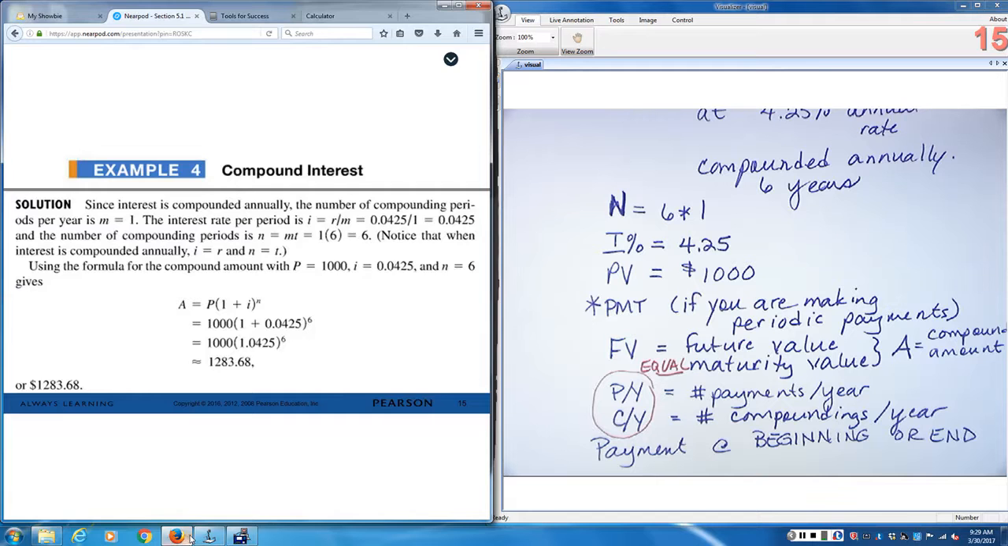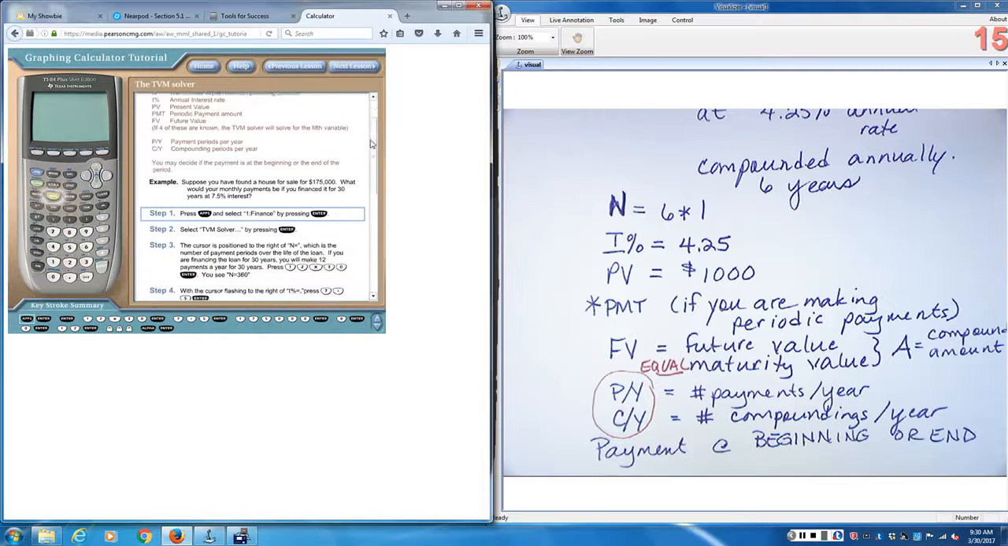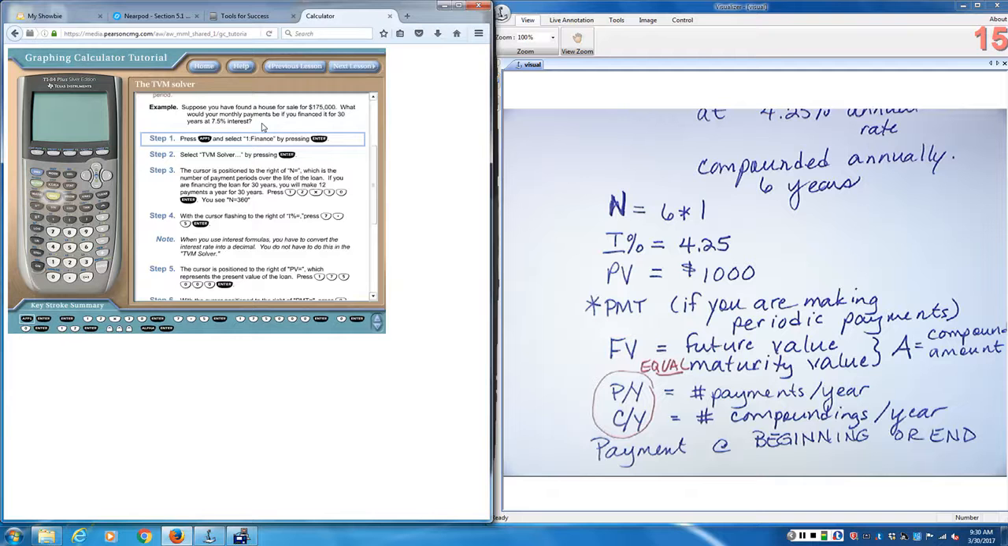So going back to the tutorial again, the problem in the tutorial says, for example, and I'm going to slide it down here: suppose you found a house on sale for $175,000. What would your monthly payments be if you financed it for 30 years at 7.5%? Now that's a realistic problem that some of you may have to actually solve even if you weren't in business. Everybody needs to know how to do this kind of thing,